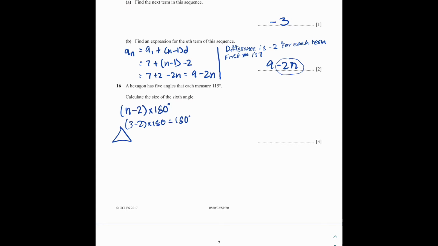Let's say if it's 4, 4 minus 2 times 180, let's say that's a square. So 4 sides, 4 minus 2, 2 times 180 is 360 degrees. True, 90, 90, 90, 90. So yeah, for a hexagon, meaning 6,